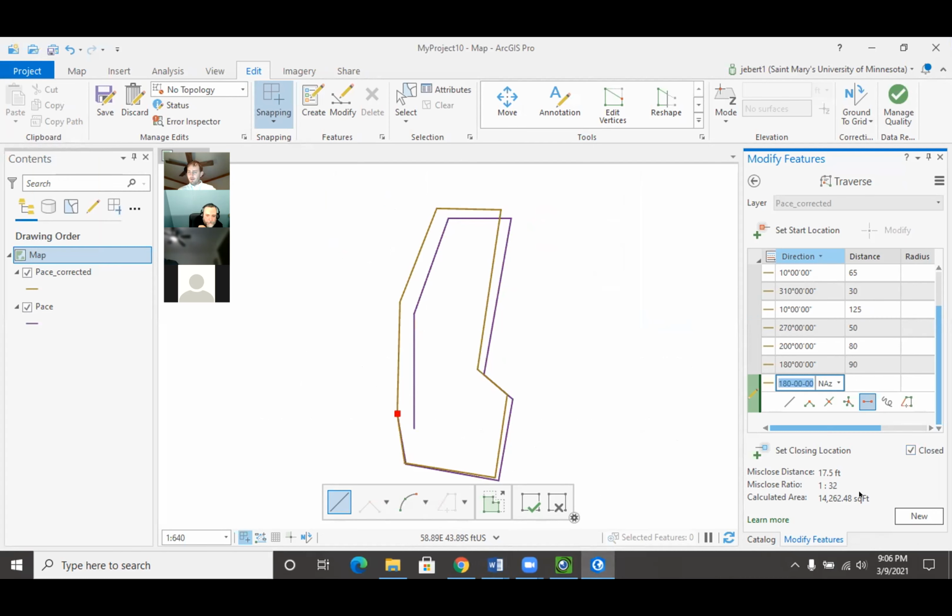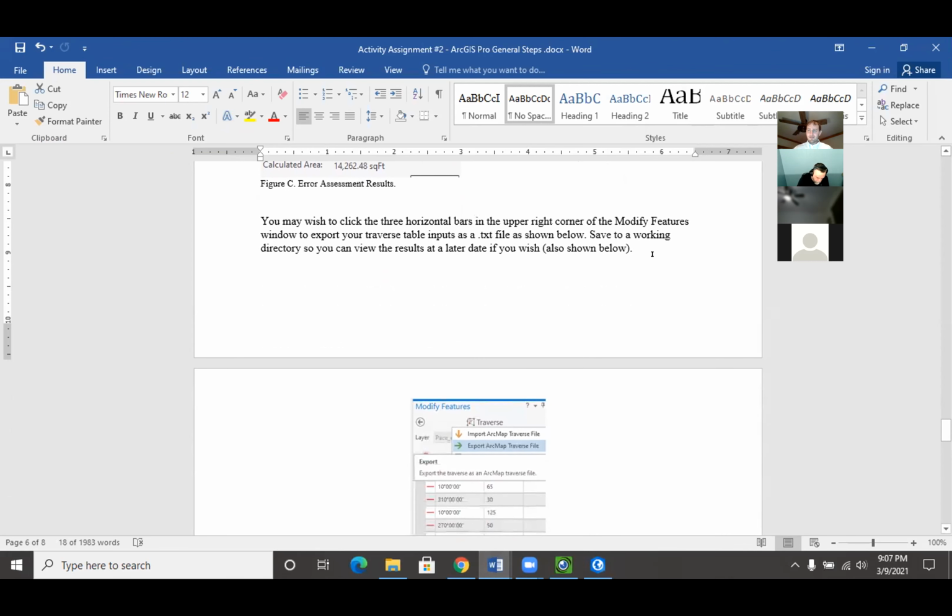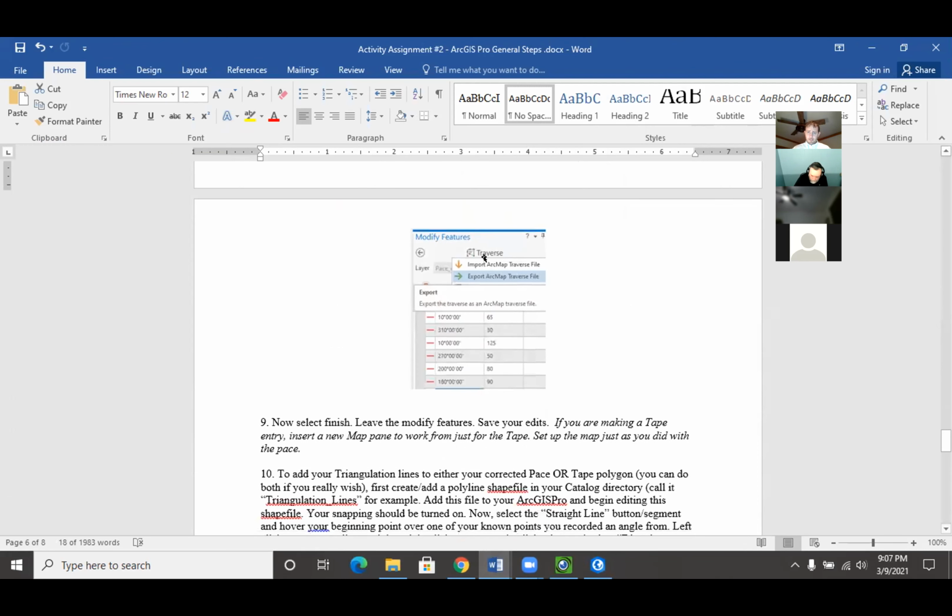At this point, that information is what I'd like you to include in your lab write-up, and talk about it. What does it mean, and where do you think things maybe went wrong if it didn't work out quite so well? And with that being said, we can select